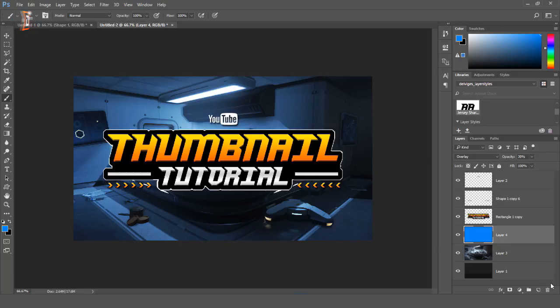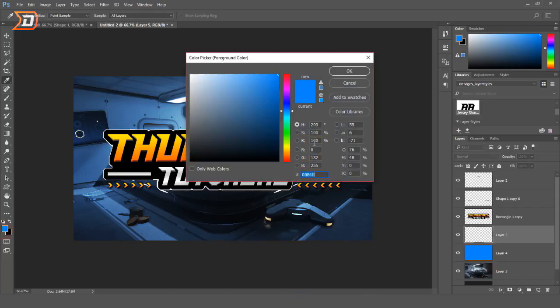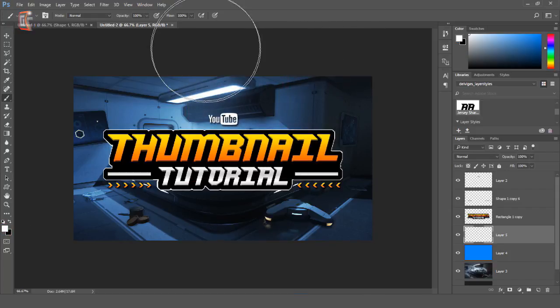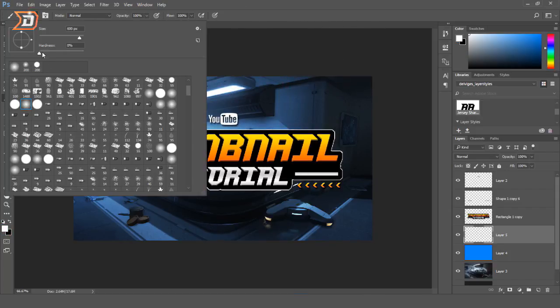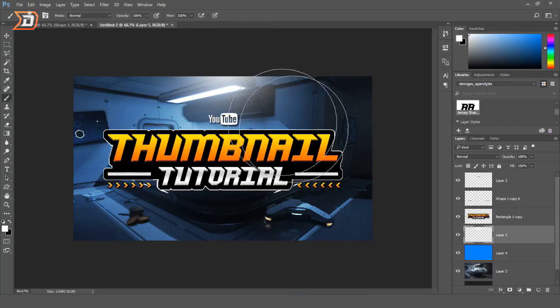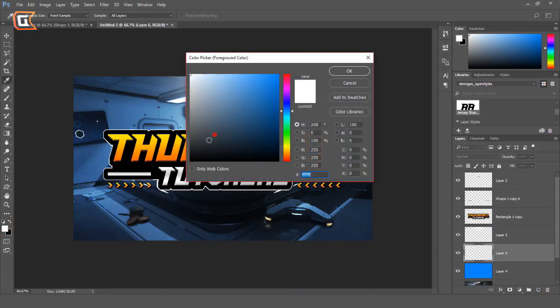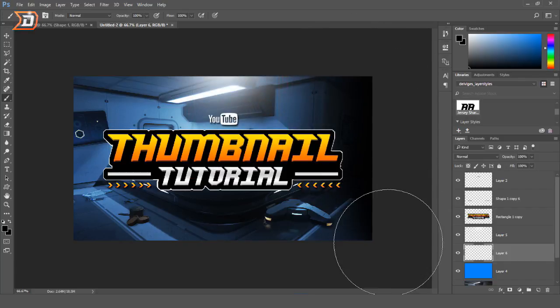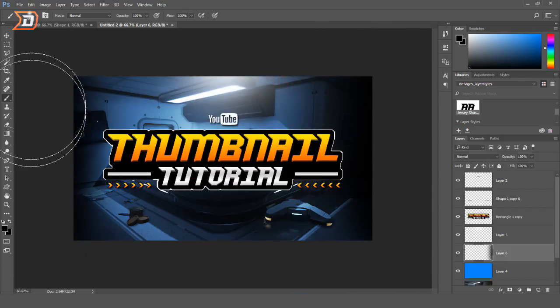So all we have to do for that is create another layer above the blue, change the color from the blue to a white, go to the very top, again making sure your hardness is at 0%, click at the very top and it will create a light for us. To add shadows, simply create another layer, preferably drag this below the light layer, change the color from white to black, and go around the edges, again making sure your brush hardness is at 0%,